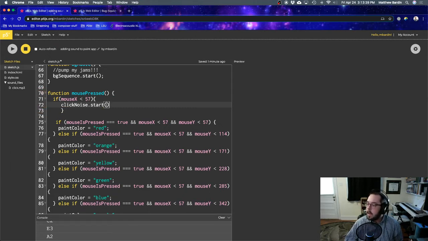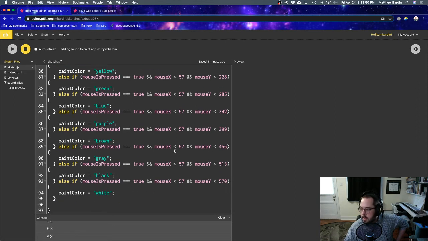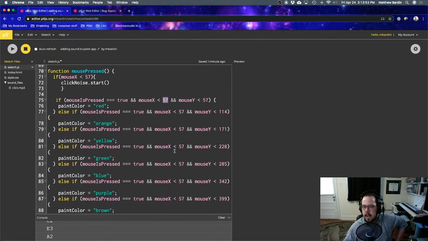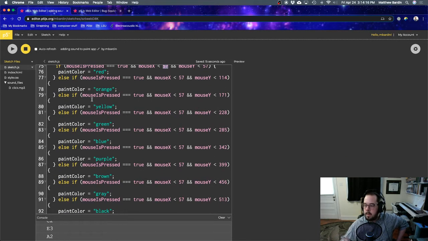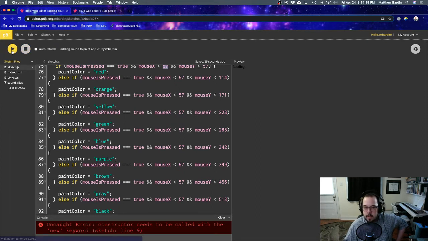We have that there. So now anytime I click inside of that 57 bit, which is kind of the boundary for my boxes, because they're just under 60, that was just something I kind of arbitrarily picked when I made the original code. So now we'll hear this anytime this function runs, which will be whenever the mouse is pressed. And then it's going to say if the mouse X is less than 57, then it's going to run the click noise regardless. And then it's going to run all this other stuff to set the values. So what should happen is if I run this,